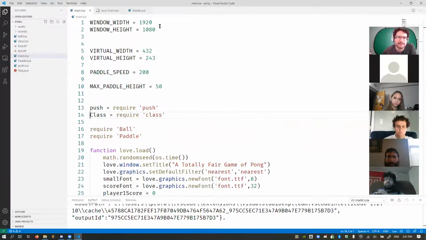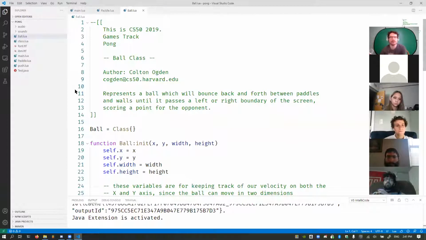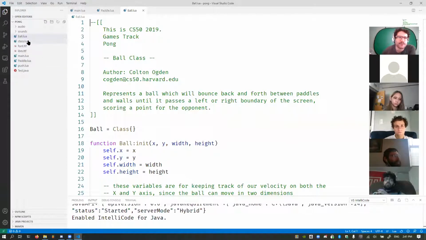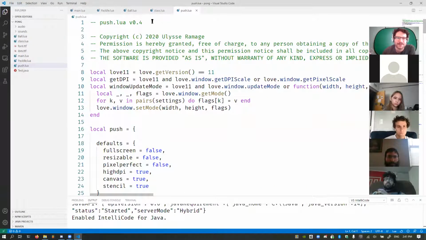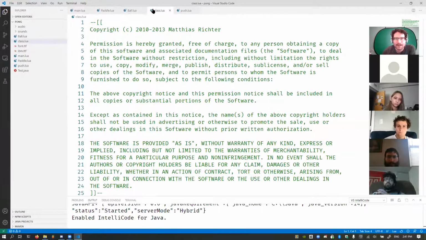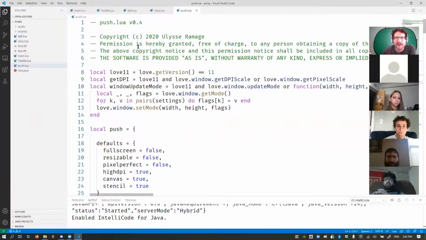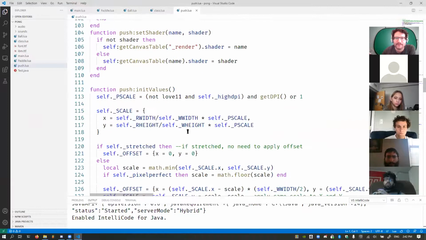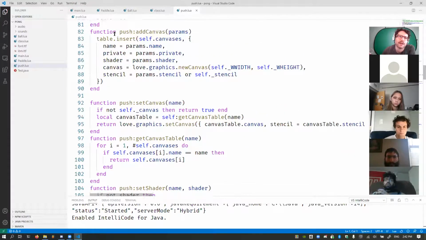So anyway, we've got ourselves a main, paddle, ball. Those are all the classes I wrote. There's also two more files here called class and push. Class simplifies writing these two things, and push simplifies a lot of the drawing stuff that we do. So we don't have to deal with it.